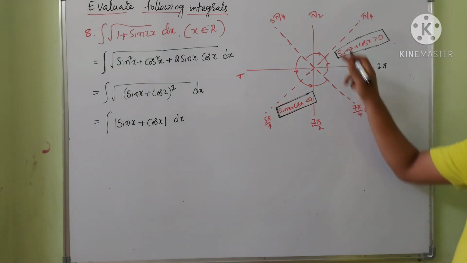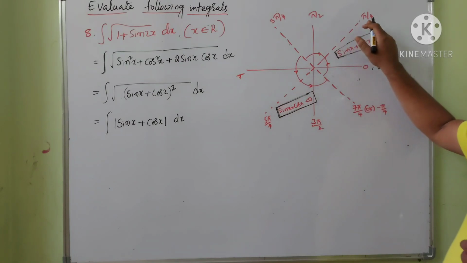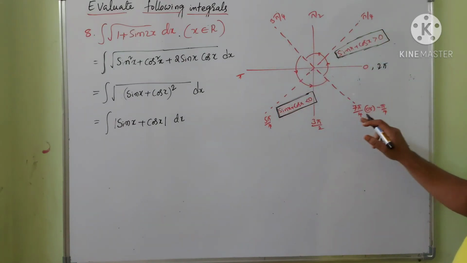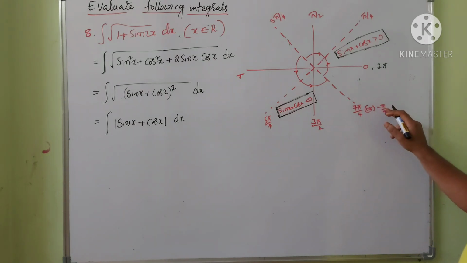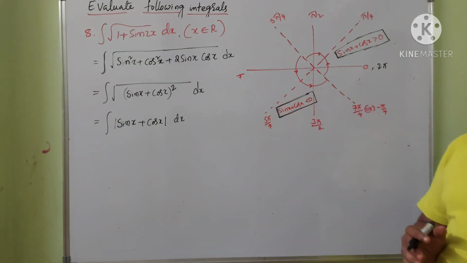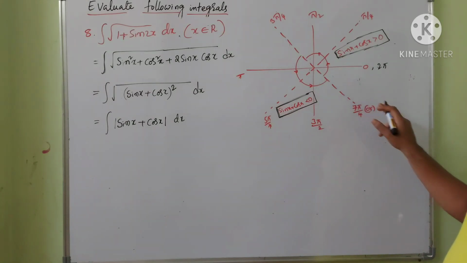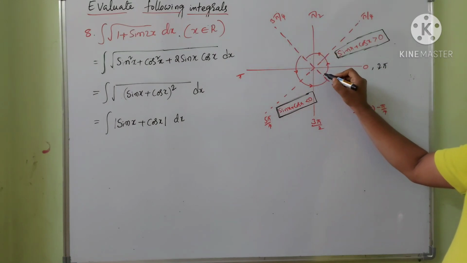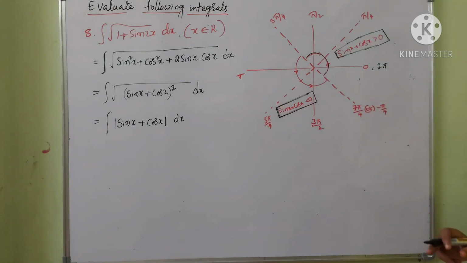First quadrant, second quadrant, third quadrant, fourth quadrant. At the middle we will take pi by 4, 3 pi by 4, 5 pi by 4, 7 pi by 4. 7 pi by 4 is also written as minus pi by 4. If you come in the clockwise direction, you will take negative angle minus pi by 4. In trigonometry, it is clearly mentioned that from minus pi by 4 to 3 pi by 4, in this interval, sin x plus cos x is positive.